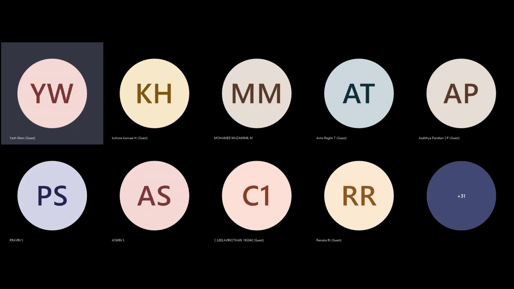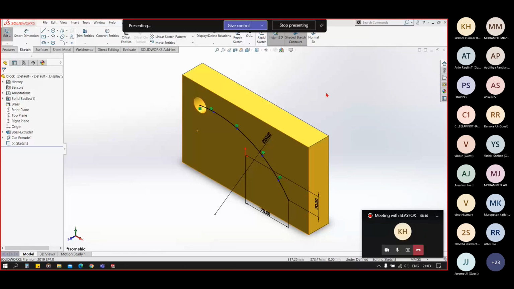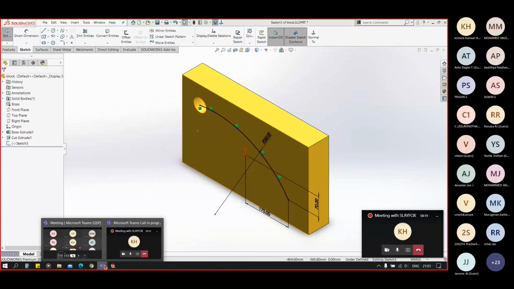Have you tried those commands, friends? Please guys, be interactive.